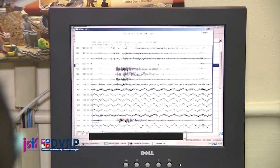Additionally, we have a series of accelerometers. And the accelerometers do a different thing. The seismometers are there to record the earthquakes and they don't get triggered early on. The accelerometers are really there to tell us how the buildings shake. What is the severity of the shaking that goes on? And the importance of that is that a building will survive up to a certain amount of shaking and then it will collapse and then it will kill people. We obviously want to understand across Jamaica how the acceleration changes, how when you get an earthquake, the building shaking